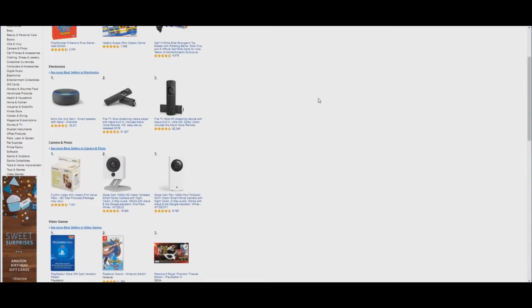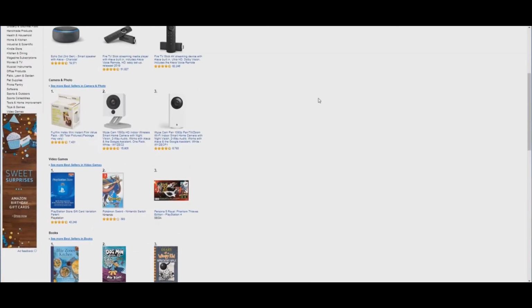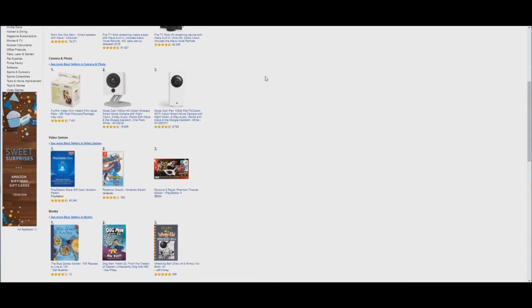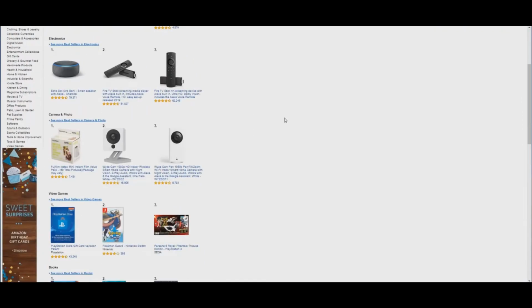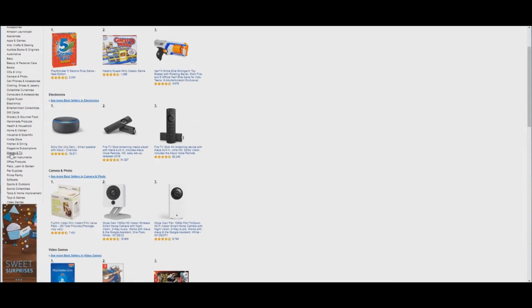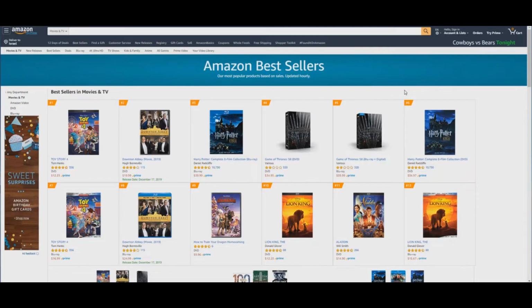So for example, you can see in all the departments what is selling well. Cameras sell a lot, and clothes always. Sometimes I also go to movies to see what topic people are trending on now. You see Toy Story is the best product of the movies now, so let's make a Toy Story store. It's very targeted, you can find the target very easily, and you are in the trends, in the bestseller